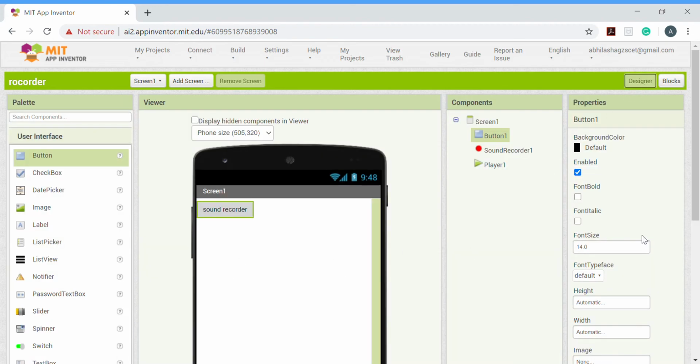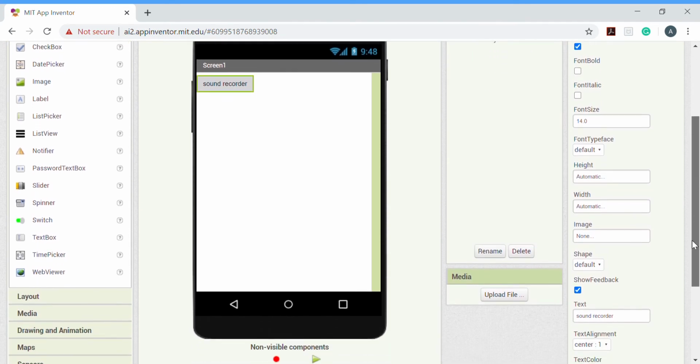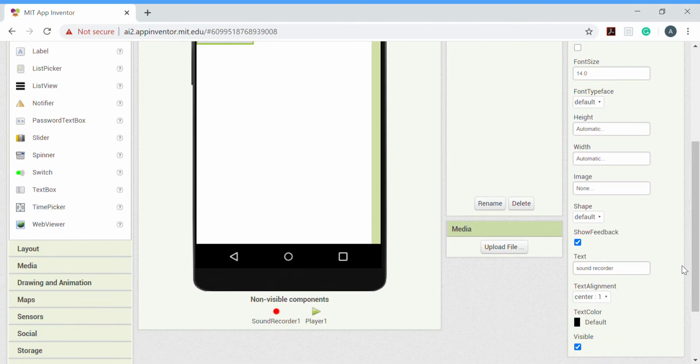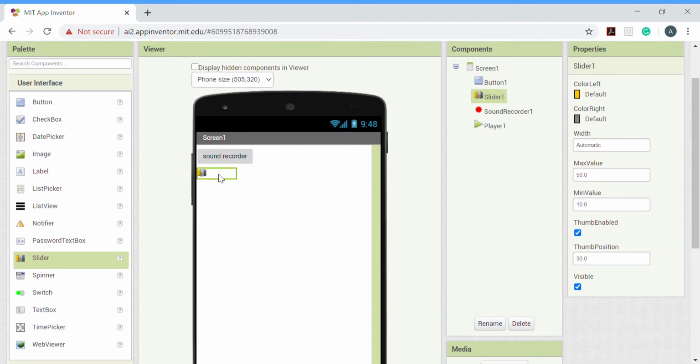If you want to set the volume for the recording, first give a slider. I will set slider's width as fill parent and